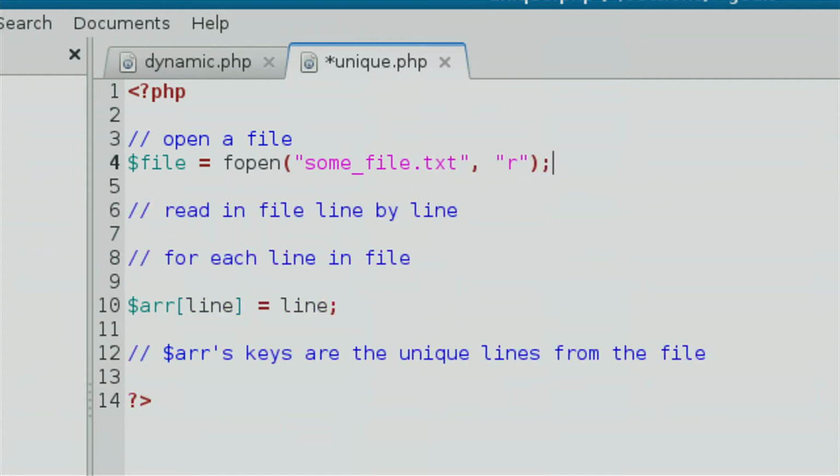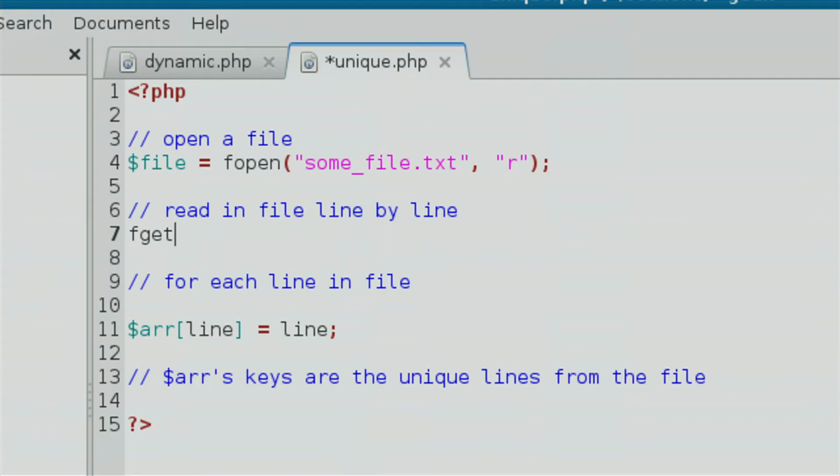You can open it in read mode, just like in C. That's one perfectly good way to do it. You also then, for reading in the file line by line, have the same functions, many of them, that you did in C, right? You have fgets, you have feof, though we don't like using that because remember that was not great in C. You can do it that same way, but